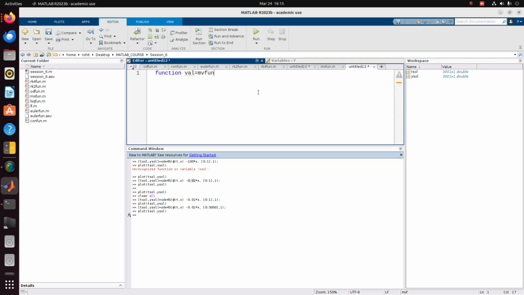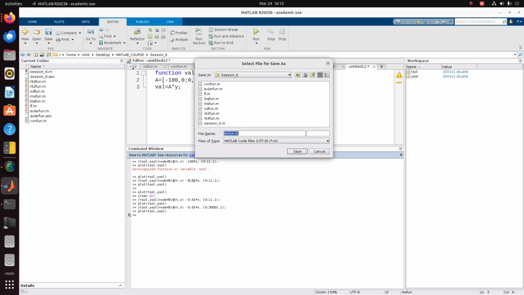Multiple variable function, t comma y we write, function matrix A as minus 100, 0, 0, minus 0.01, and the value is nothing but A into y. So we save this multivariable function as MV function,